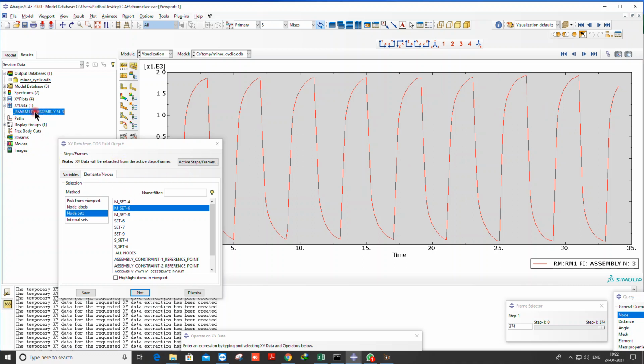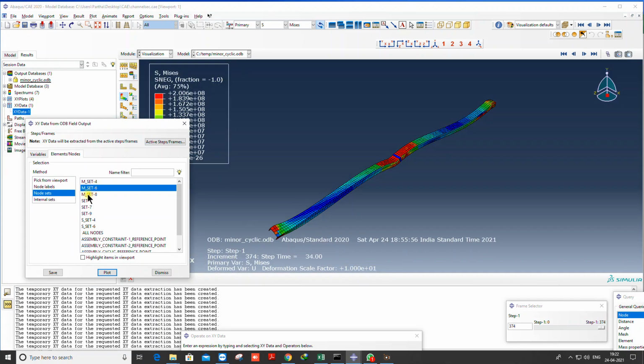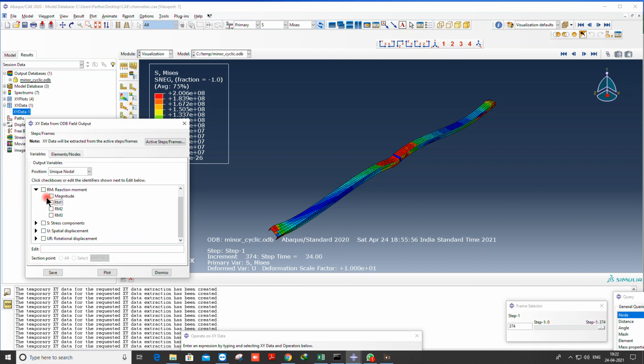So I'll simply save it. You don't have to save it, you just copy it and take it from there. And for the time being I'll just save it. This is my data, and what I need next is the rotation. So rotation,